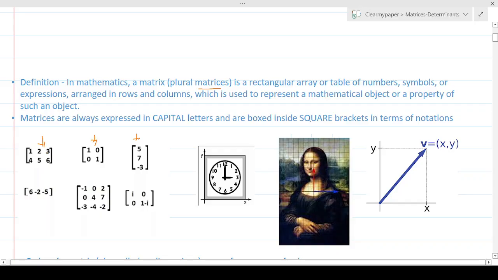And it can be numbers. If the given problem contains numbers, the array could just mean that. Or the given problem could contain objects, like for example this clock, and you want to represent this clock in the form of a matrix. Typically in computer graphics, that's how you codify it, because the computer will not understand what the clock is, whether you want to increase the clock size, decrease the clock size, or move it somewhere else.